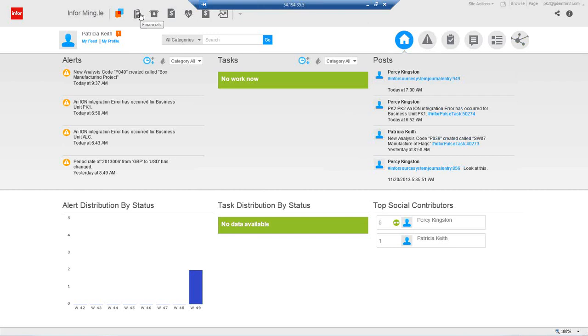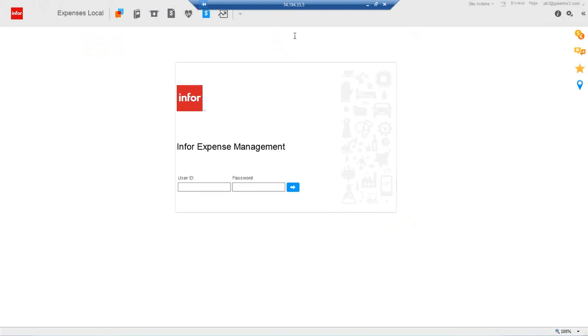So these icons, as we said across the top, obviously represent the different underlying ERP applications, and they will change depending on what applications you have installed. But in the case of a financials user, it could be Sun Systems. We could have an expense management application in there. But again, any application that we have access to, what's important is that we can share the context of anything